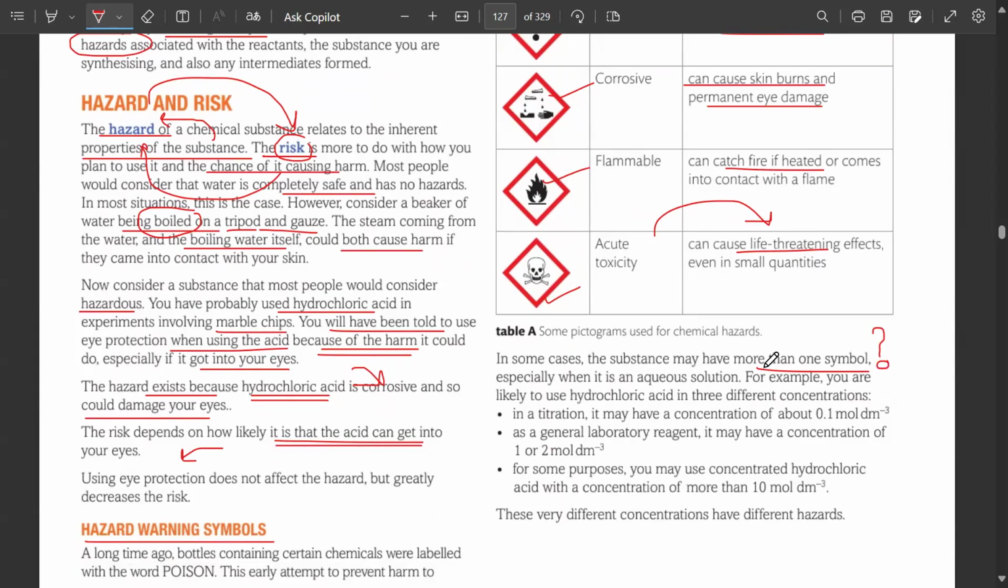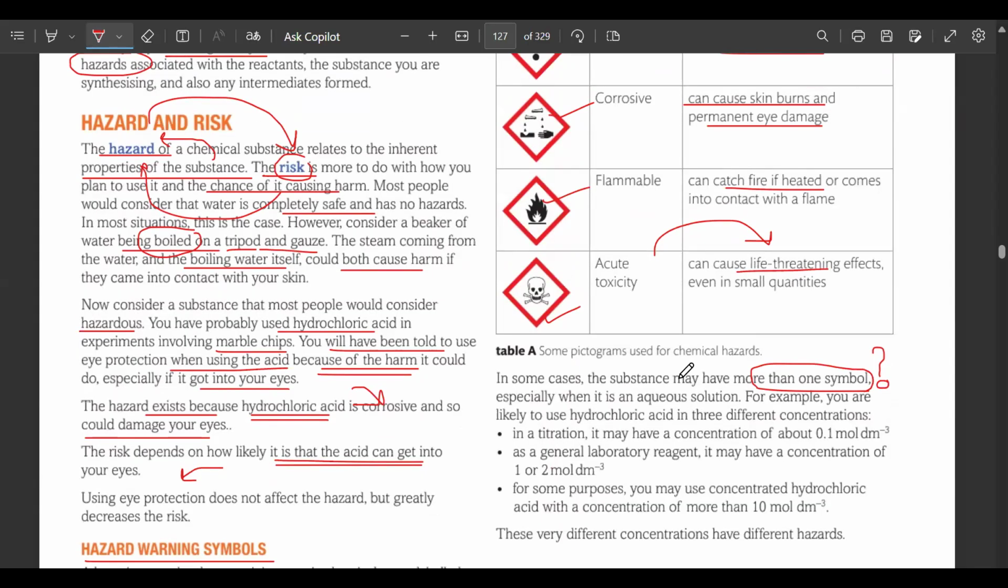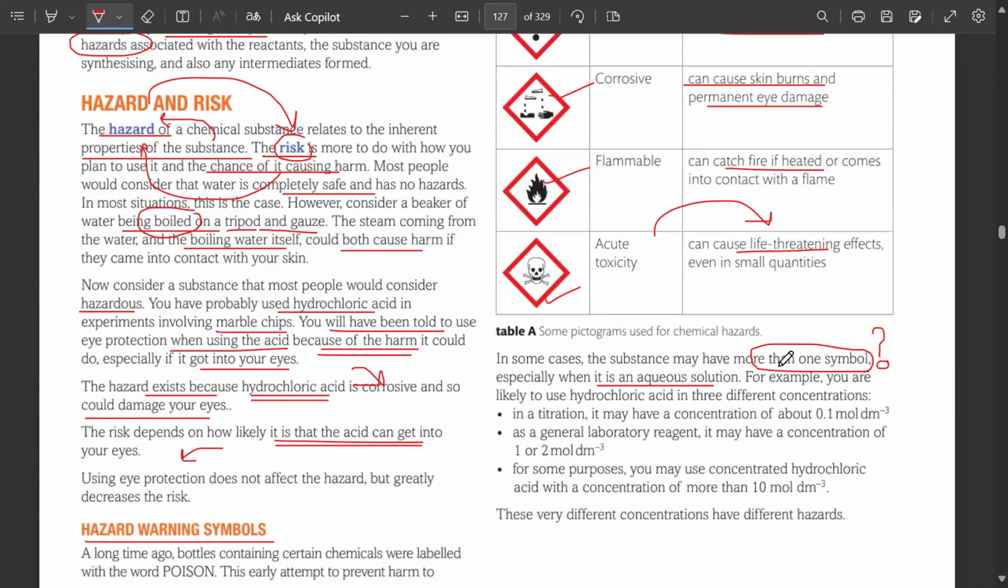Having more than one symbol, because it has more than one type of hazard. Multiple hazards, exactly, especially when it is in an aqueous solution. Aqueous solution तो एक mixture है. For example, you are